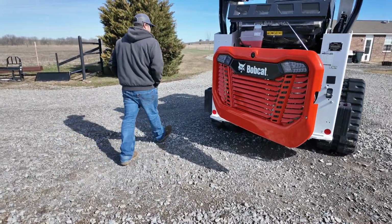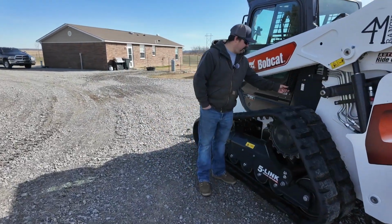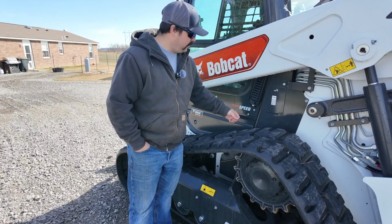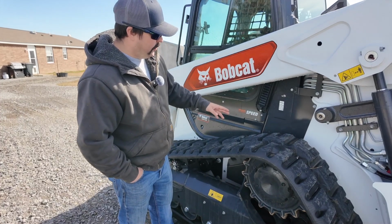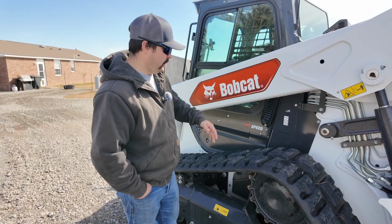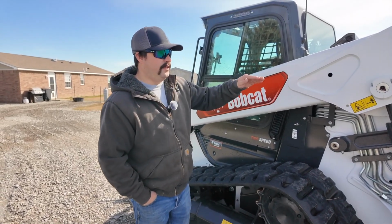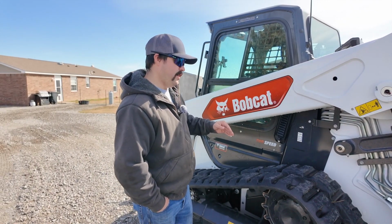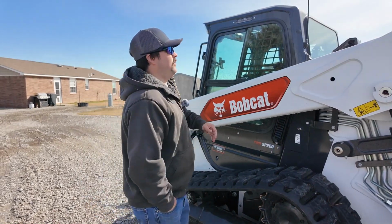Moving around over here, they changed this HVAC cab filter. There's only one on here, so you don't have to buy two filters now. So there's just one on this side. This machine has the red hydraulic oil in it for our region, Oklahoma. So it's below the line. So anybody like midway through Kansas and up across the whole United States, I believe, is the blue fluid, and everybody south of that line is the red. So this one came factory with the red fluid. The air intake is up here